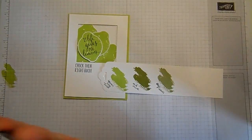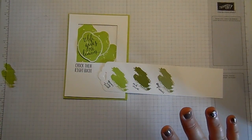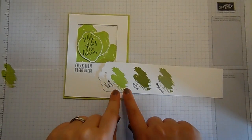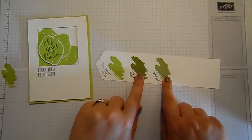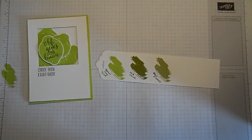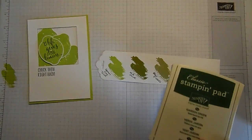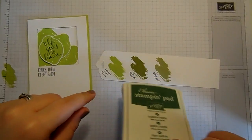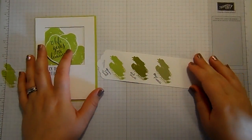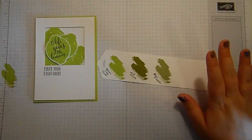With Lemon Lime Twist, this is a colour like no other in the collection. There is not a colour in our 48 colours like this one. If you look at the other greens that I've pulled out, Old Olive and Pear Pizzazz, they're the ones that are most like it. Because if you go to something like Garden Green, it's just totally different. But it's so pretty, and it's great to use, and it looks stunning alongside